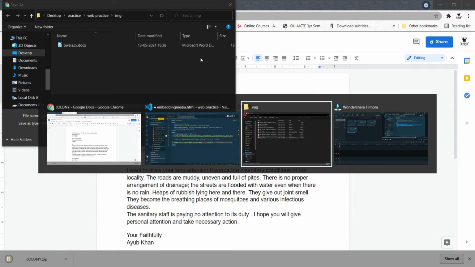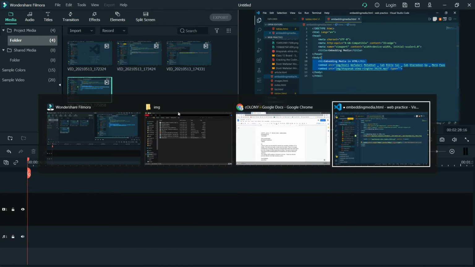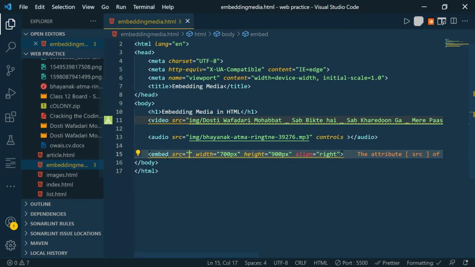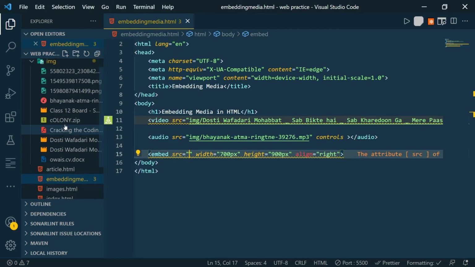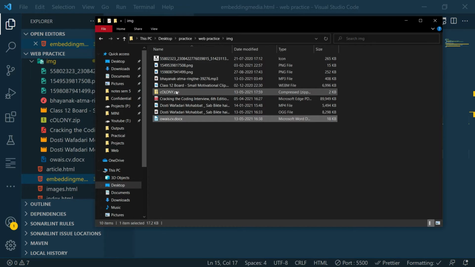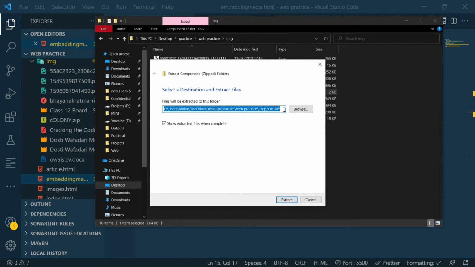It is getting saved as a zip. You can see we have it here, colony.zip. Actually that is a letter, whatever, it doesn't matter, it is a Word document. So let's unzip it and save the .html file in our folder.